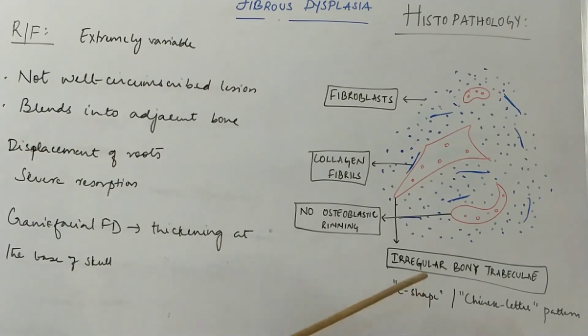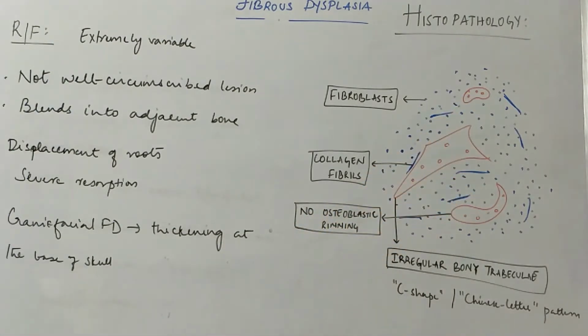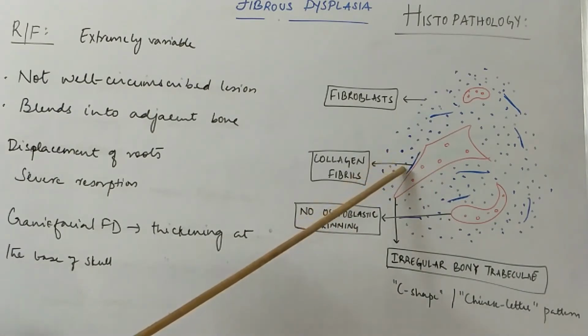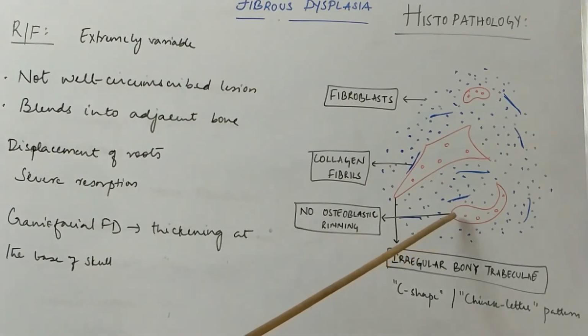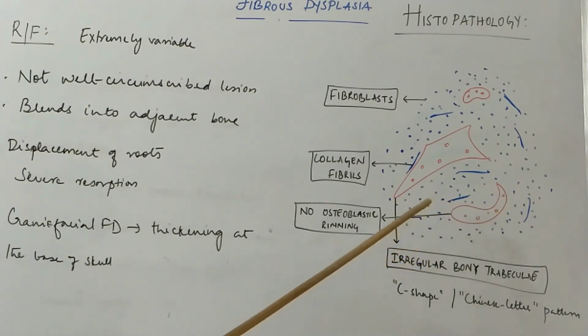Moving on to the osseous part, these red structures that you see are nothing but the irregular trabeculae of the bone that is formed. If you appreciate the structure, it is definitely not the normal lamellar bone that we see. Instead, it is an immature woven bone. And one more important characteristic is that you don't see any osteoblast lining the periphery of the bone, which is